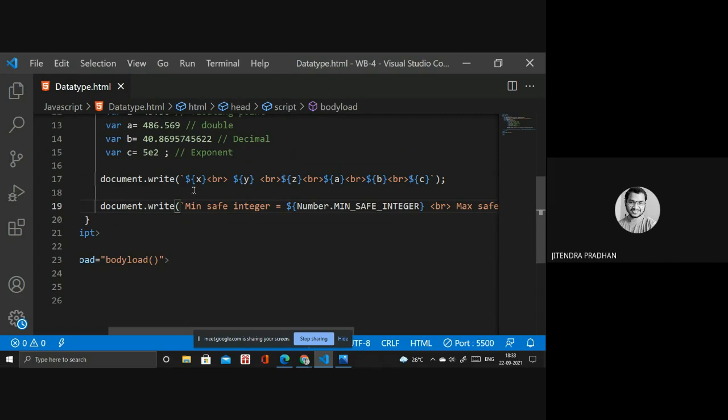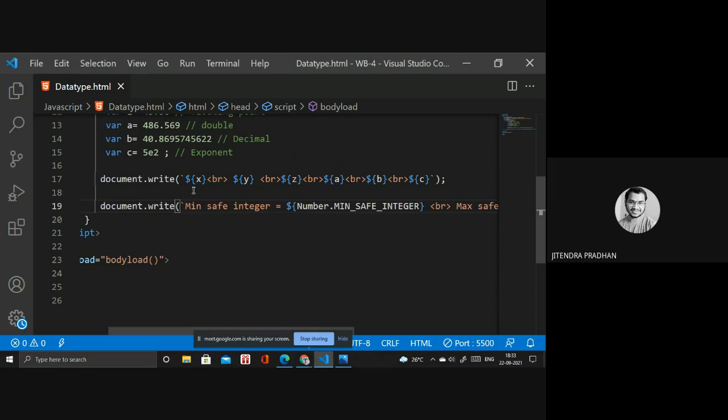Okay. JavaScript. One thing you have to remember, many of these are asked in interviews: isNaN, isInteger, isSafeInteger, parseFloat. Okay, so isNaN is used if you want to check whether a value is an integer or not. At that time we use isNaN. It returns true if the passed value is not a number. Okay, if you pass something inside that, and it's not a number, then it will return a true value.